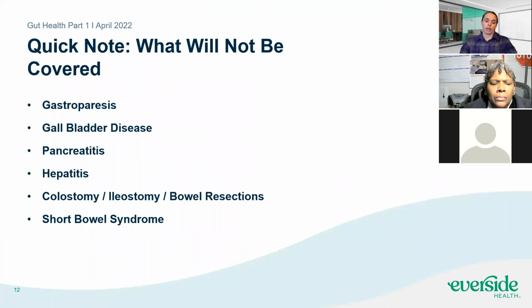And just a quick note here too, things that we're not going to dive into. I'd love to dive into a lot of stuff, but these are not going to be gone into quite as in depth. I'll quickly cover them here for a second, but for one of two reasons. One, they either impact an organ that works with the digestive tract but isn't necessarily part of the digestive tract, like the liver or the pancreas. The second reason it might not be covered is if it's a pretty unique case that's pretty rare, we can address it privately too. But gastroparesis is going to fit into that first kind of category. It's kind of a weird, rare sort of thing.